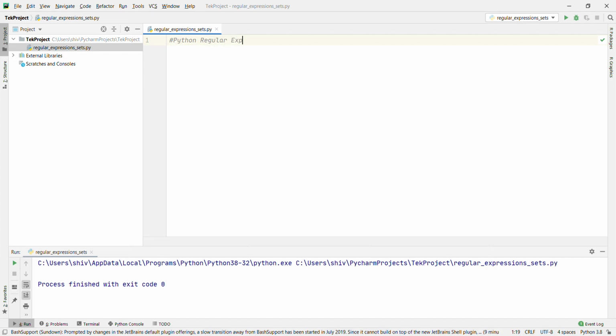Python regular expression sets. Okay, let's go with the example. Basically, what is a set?